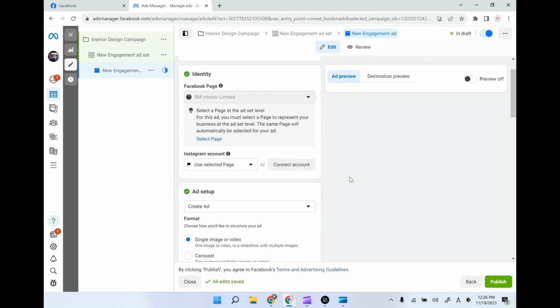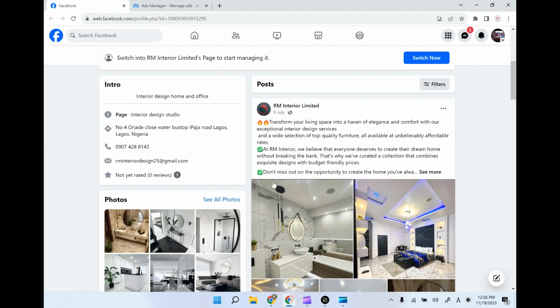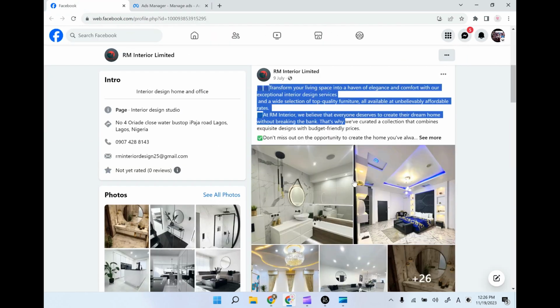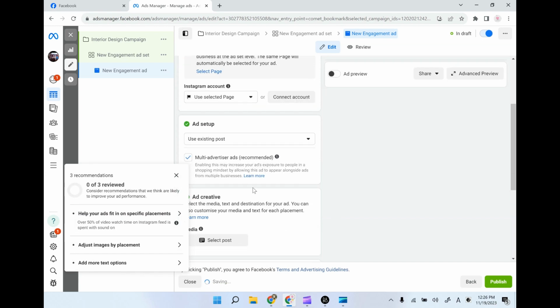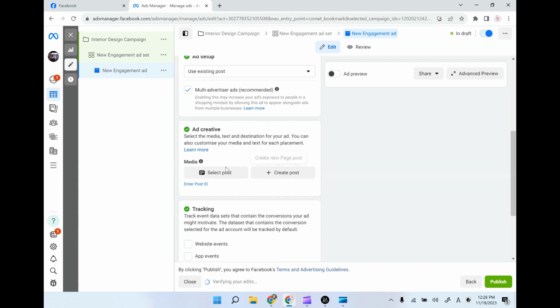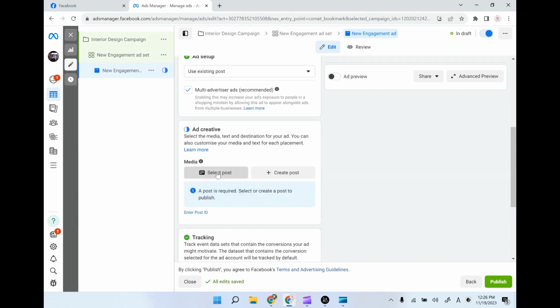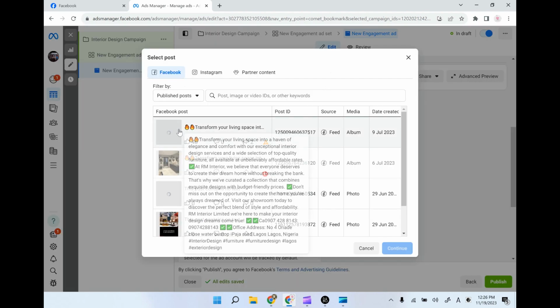Another thing and the final thing we want to do now is to select creative. The post we made on our Facebook page, we are going to use it on our advert here. This particular post here is what we are going to select here. So under the create the ad setup, you select this option and then pick use existing post. This will give you option to select a post from your page. So we say media, select a post. This is the post here,